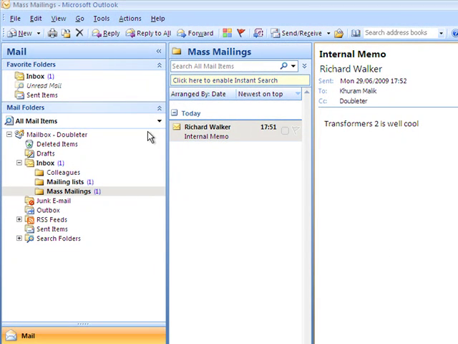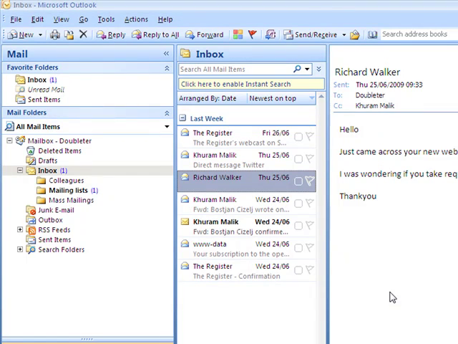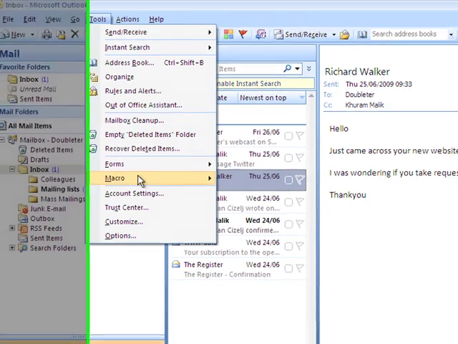So the next bit, onto actually sending you what I call the mass mailings, is you want to set up a rule that sends them an automated reply just to let them know that you're not paying any priority attention to the emails that are coming in from them, unless the emails are addressed directly to you. And the way we do that here is you go back to the rule that you'd created before.